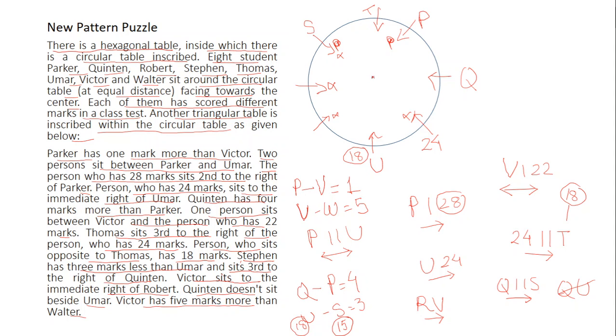Then which condition to take next? S has scored 15 marks. We have to remember that P can be here also, so let us check if this is right, otherwise we will change it. We can clearly say P's second right is 28, so 28 can't be here because S is 15, so this condition is wrong. So P should be taken at this other place, not this place. So we will erase it.